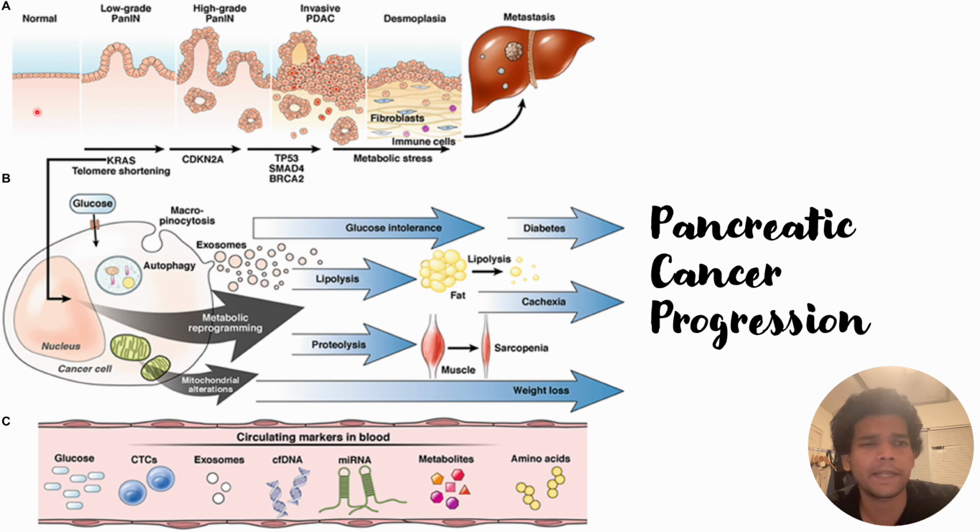So this is the normal pancreatic organ, and that organ has this normal layer. However, what happens with time is that a desmoplastic reaction starts to occur that might lead to low grade pancreatic neoplasia. As we can see, there is a change in the membrane of this pancreatic organ, and after some time high grade pancreatic neoplasia occurs that might lead to further dysregulation in the shape of this